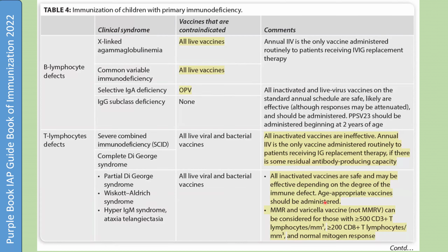Then partial DiGeorge syndrome, Wiskott-Aldrich syndrome, hyper IgM syndrome, ataxia telangiectasia. All live viral and bacterial vaccines are contraindicated. All inactivated vaccines are safe and may be effective depending on the degree of immune defect. Age-appropriate vaccine should be administered. MMR and varicella vaccine, not MMRV, can be considered for those with more than or equal to 500 CD3 plus T lymphocytes per millimeter cube, more than or equal to 200 CD8 plus T lymphocytes per millimeter cube, and normal